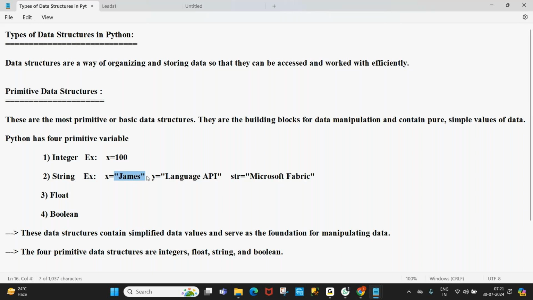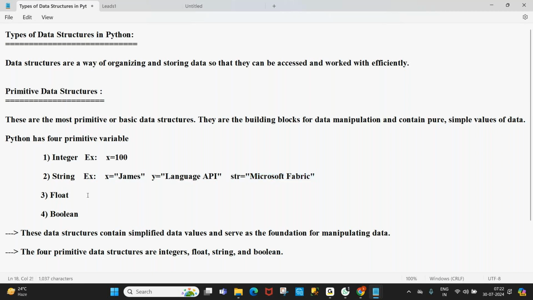Here James, language API, Microsoft Fabric are all objects. Object type is string, and the object is referred to by a variable. The variable name is x, y, str, something like that.